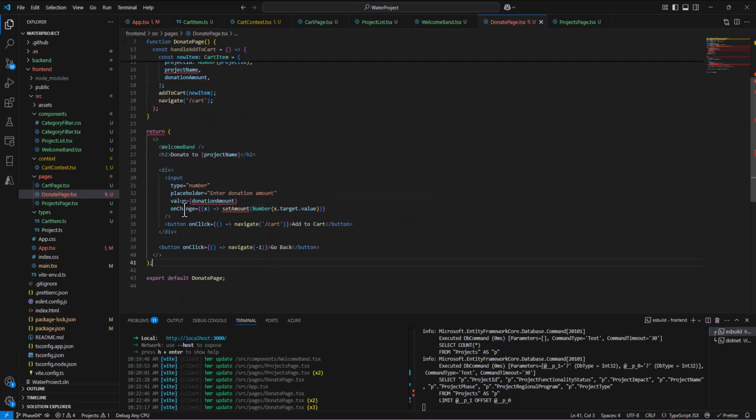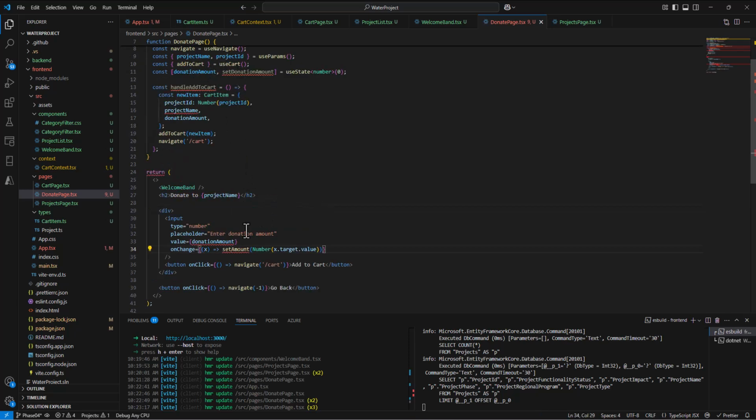So on the change, we're going to receive information about the change event, which will include what was the box that was changed, what was the value, all that kind of stuff. And we're saying go into there, grab the target, grab the value, convert that to the number, and then call the set, it's actually set donation amount. We're going to call the set donation amount